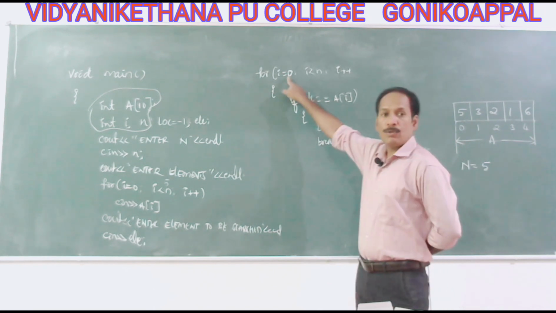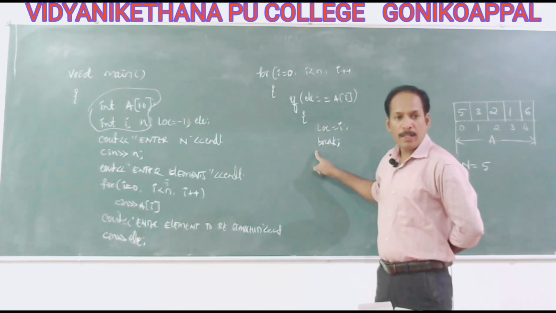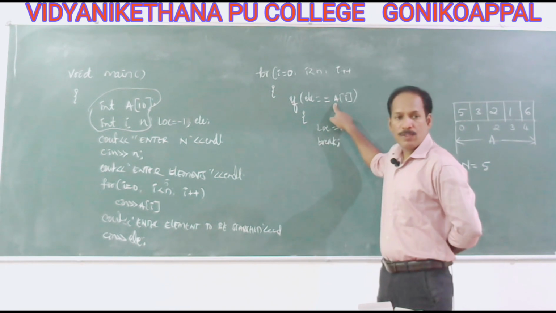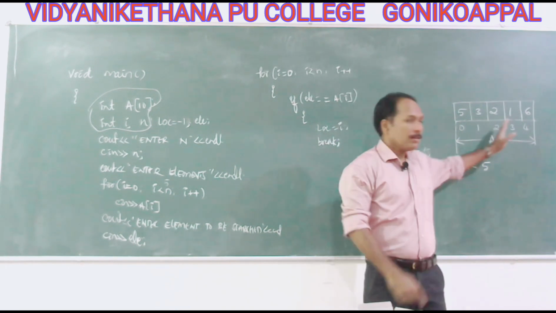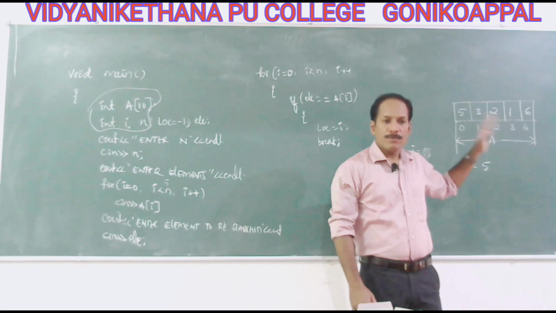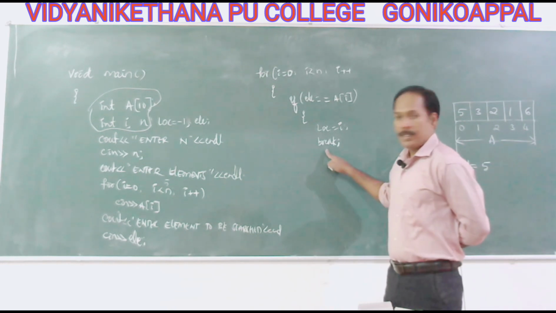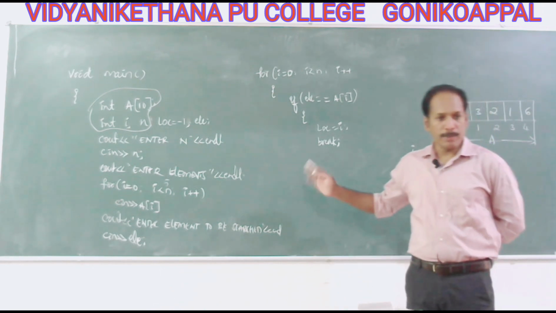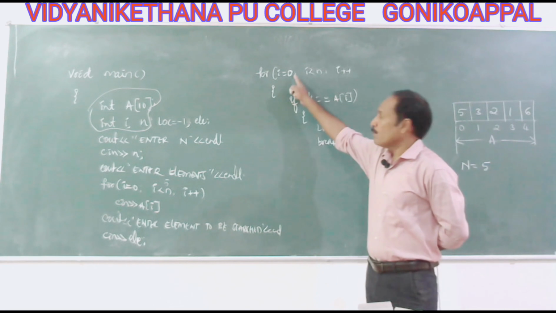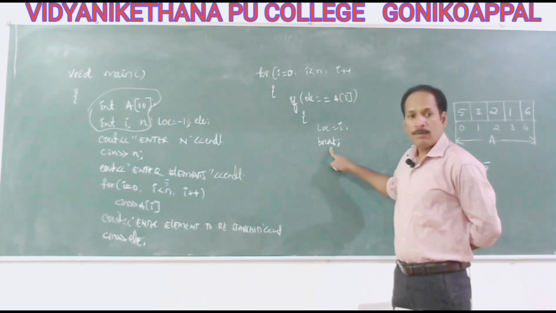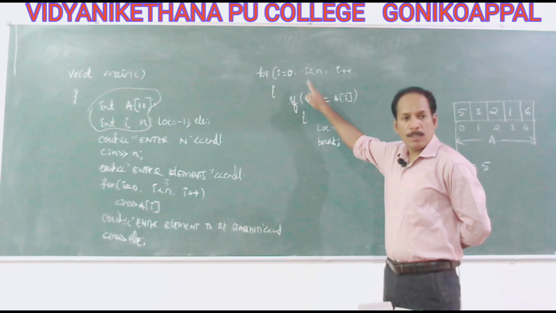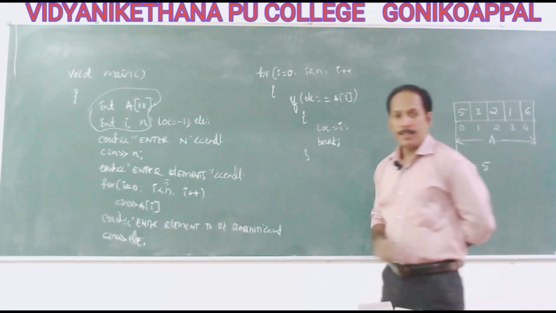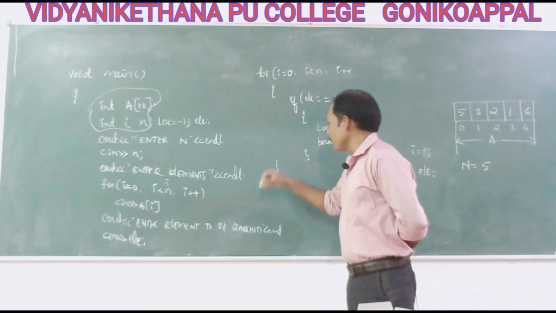So break is called a loop terminator. It terminates the loop unconditionally. It's like a jumping statement. Now when the element you are looking for is found, there is no meaning in repeating again. Already we found it, we stop immediately. That is the use of break. In some languages we use a goto statement, but in structured programming we are not supposed to use goto. We use a jumping statement, break. So when this is encountered, irrespective of the condition, the loop stops repeating the execution of statements. So this is the end of the if statement and then the end of the for statement.